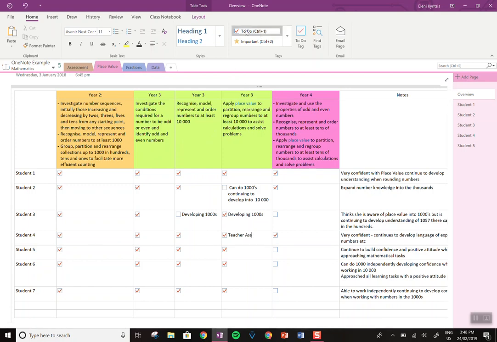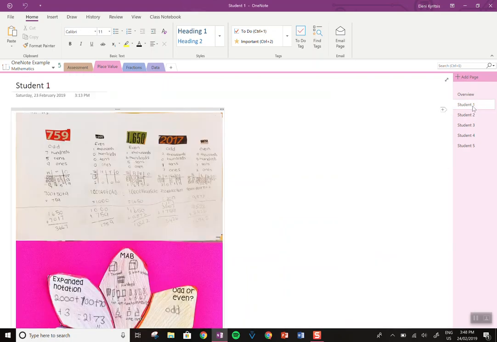Now I use the to-do checklist button up here that you'll find at the top. So I just add these to the table, and then I can simply just click on it. And I can also add notes specifically to that learning outcome or overall how they're traveling in this area. Now I find this helpful when it comes to report writing, parent meetings, or just knowing my students and grouping them in the classroom. But if, for instance, when it does come to report writing, and I'm not sure what I actually meant by one of the comments I've written here, I then can click on each student and see